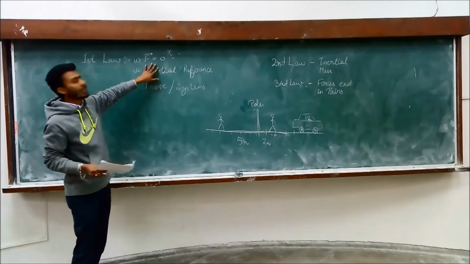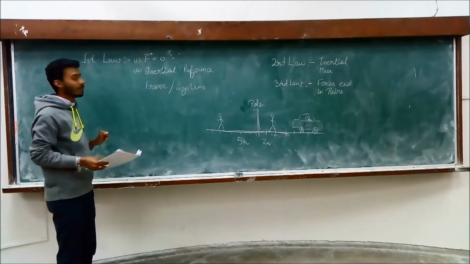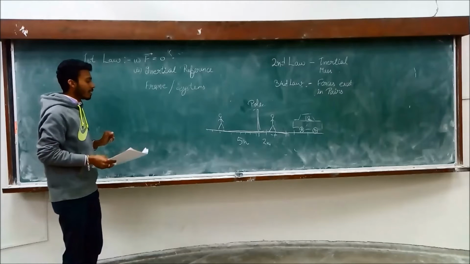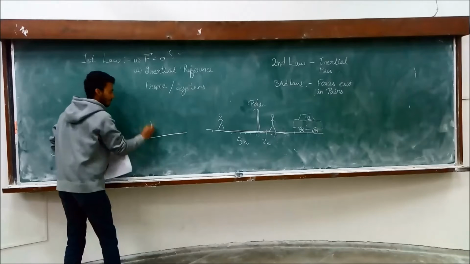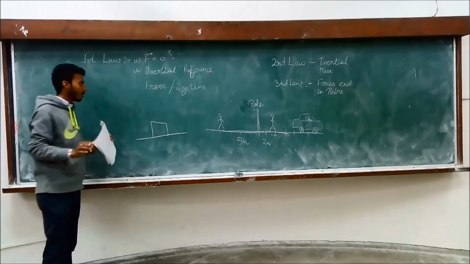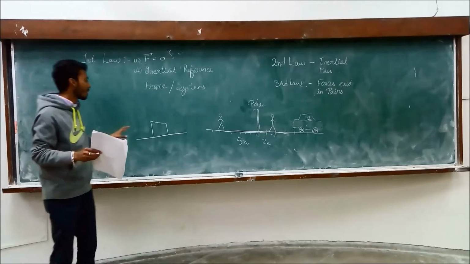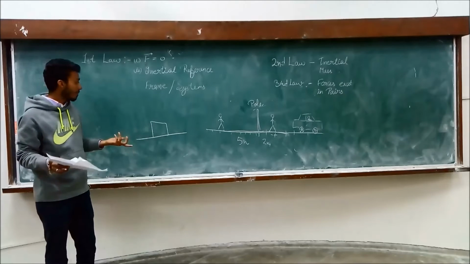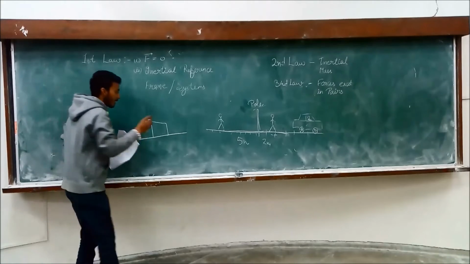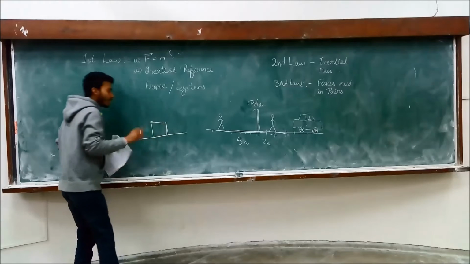So firstly we will talk about the vector sum of forces being 0. Consider an example in which a body is at rest. You always know from Newton's first law that if a body is at rest, it will always remain at rest. Then we know that